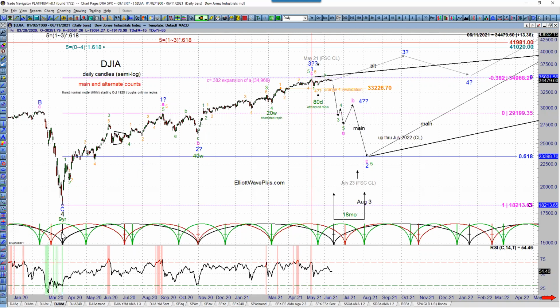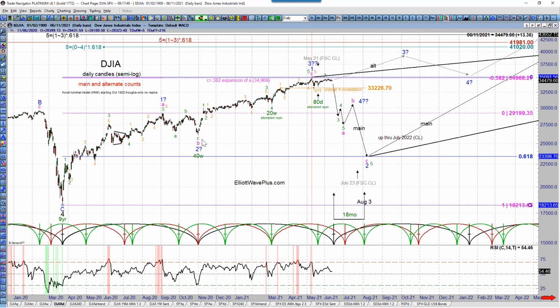It's always been there. And it started at this low on March 23rd of 2020. And I used the cycle finder and I placed the first black or 40-week cycle here. And then you move ahead. And if you assume, and this is the assumption that always happens in cycle work, that the next 40-week cycle is going to be of identical length, then it would be occurring about now, on approximately June 15.